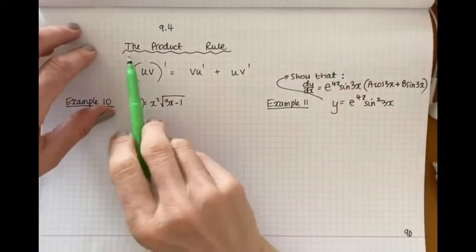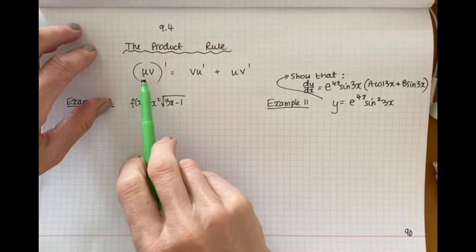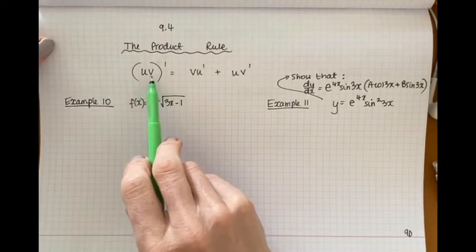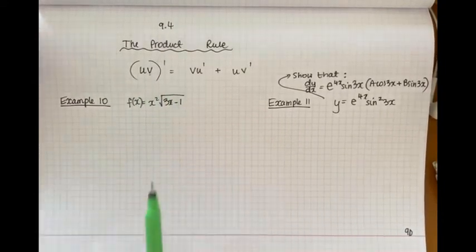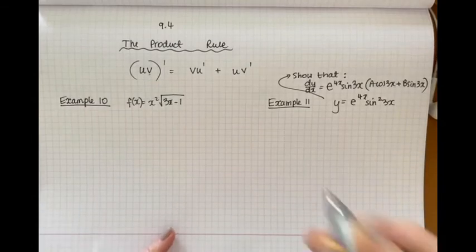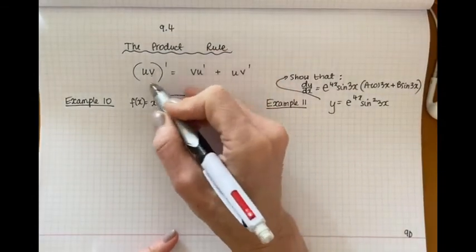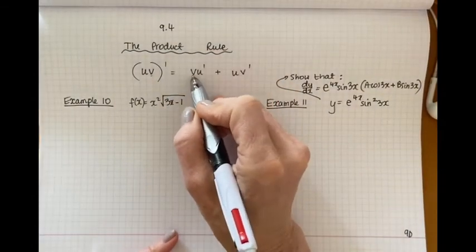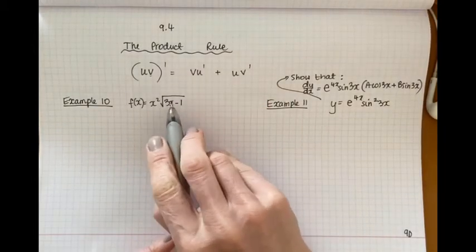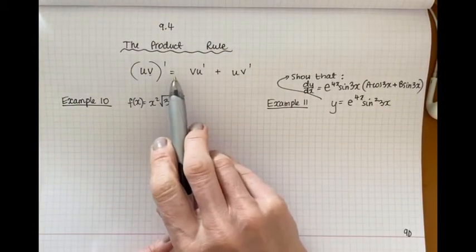Section 9.4, the product rule. So this is where you've got two functions that are multiplied together. You need to memorize the rule. The derivative of the product of two functions is just a combination of the individual derivatives and the